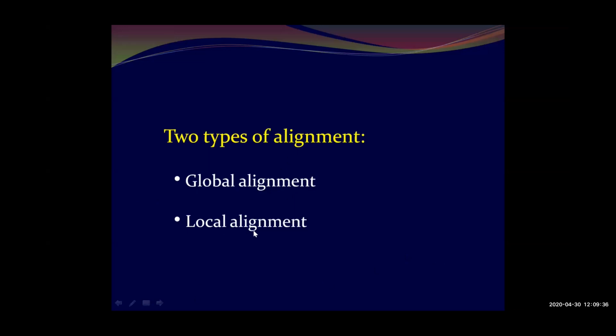But now we have got a third variety of alignment that is called glocal alignment. It's a hybrid of both. That means first we go for global, then if we do not find significant global alignment, then we go for local. So that is a combination of both, that is called glocal alignment. That is the third variety.